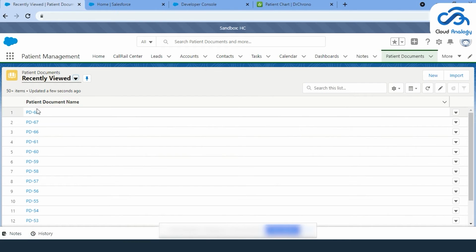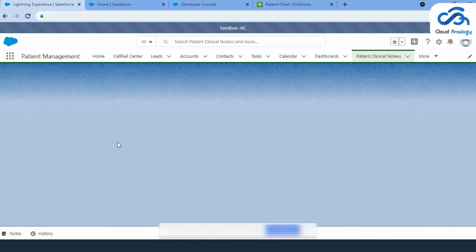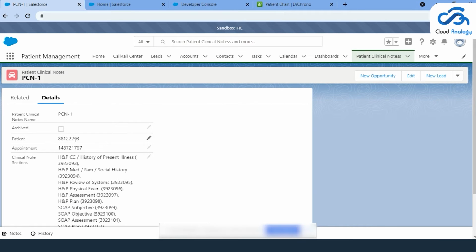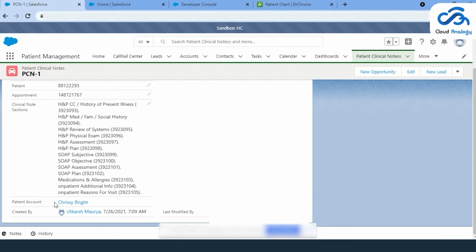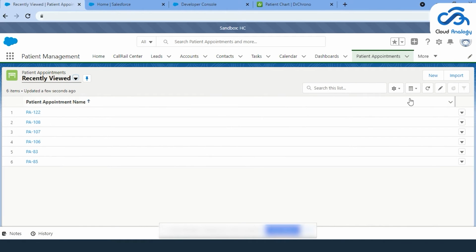These are the documents that I have fetched from Dr. Chrono API based on date, and when it comes to clinical notes, I have fetched clinical notes from Dr. Chrono and created a separate object for that. So these are the clinical notes. You can see they reflect the patient ID, appointment ID and patient name, as we have created two-way sync with appointments. Now, you can see I have created a separate object for that.